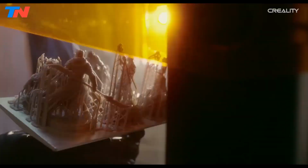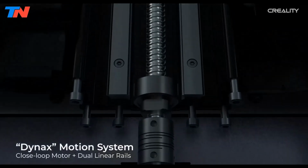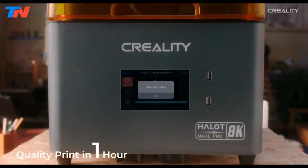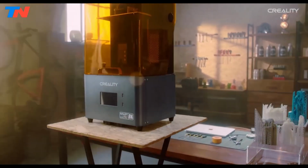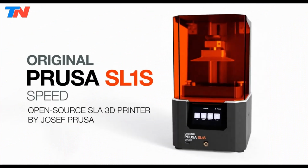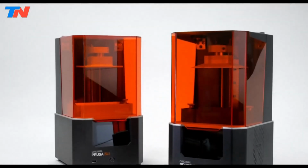format. With its ability to deliver professional results in metal casting applications, the Halot Mage Pro is a top choice for anyone needing accurate, detailed prints for jewelry, art, or small batch production. The Prusa SL1S brings the brand's renowned reliability to resin printing, tailored for professionals needing ultra-fine detail in fields like